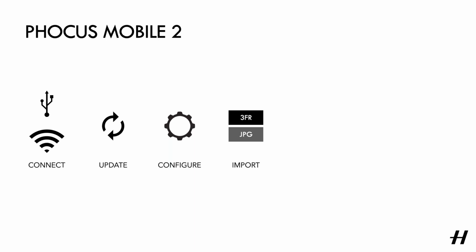And once those files are imported into Phocus Mobile 2, you can of course organize and filter them using the tricolor rating tools along the star flag, and really hone down the images as you see fit, along with an adjustment tool. And with the adjustment capabilities that really take advantage of the full file fidelity that the Hasselblad X system of cameras can produce, you really have a ton of power in terms of getting to a final image that's really optimized in terms of something that you want to share.